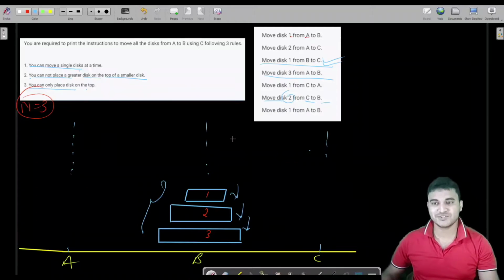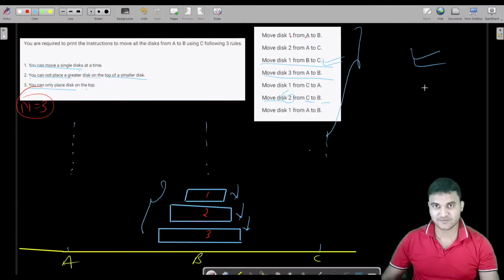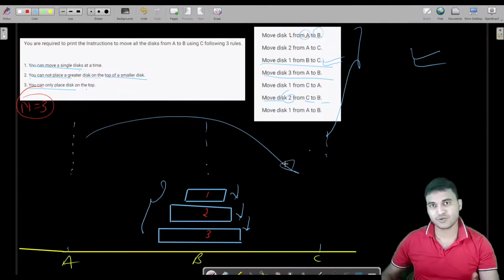So this is the question, and this is how we used to solve it. This is one configuration actually. There might be another configuration also. I'm not going into that. Like you have placed your first disk from A to B, you can place it here also. That would be your answer also.